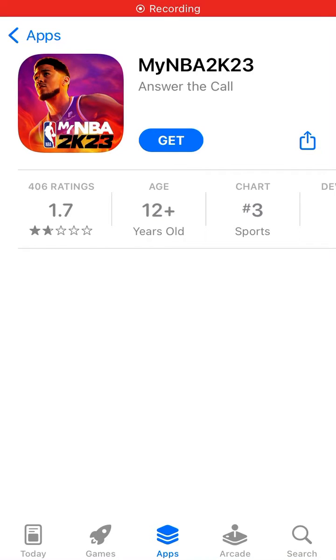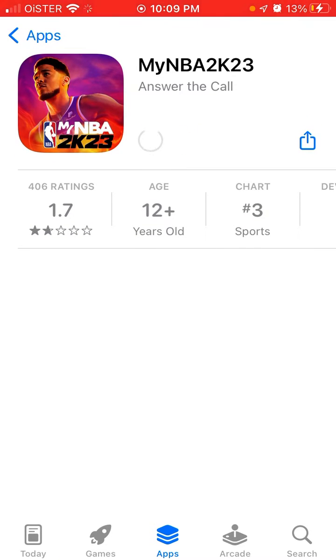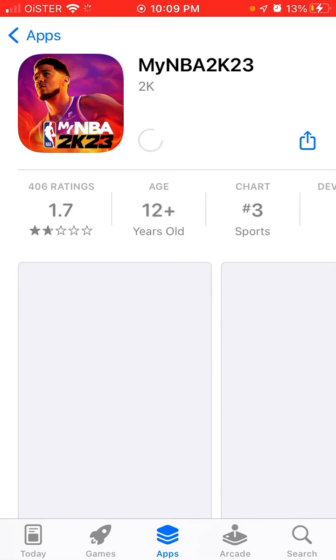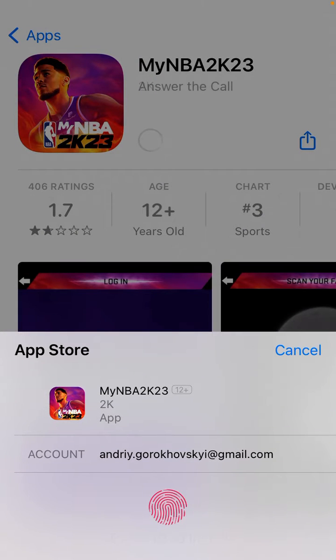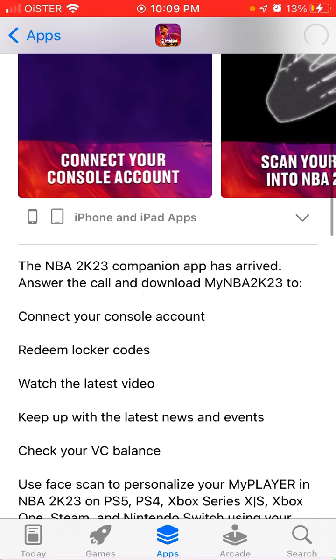So here is this trending app which is called MyNBA 2K23. This app is released every year and it just changes the name. So previously it was MyNBA 2K21, 2K22 and something like that. And yeah, this is the app where you can just log in, create your account, and this is the companion